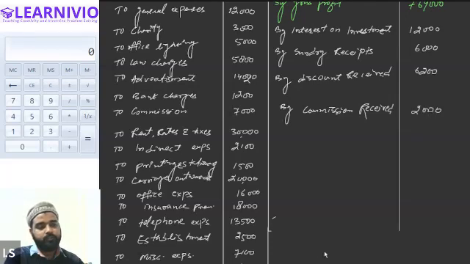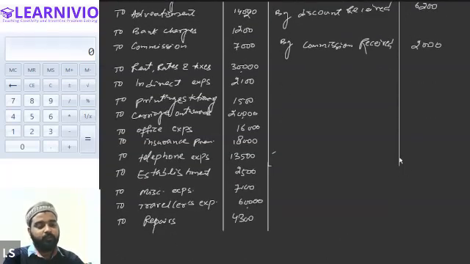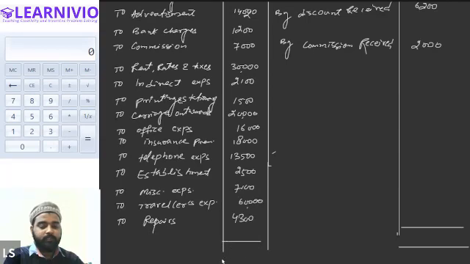Okay. So this is it. Now what we will do, we will first of all total the credit side. Then after totaling this side, we will reduce all the values shown on the debit side. If the credit side is greater than the debit side, then we will have a profit. And if the debit side is greater than the credit side, then we will have a loss. Then losses will be recorded on the credit side. If we have the profit, it will be recorded on the debit side.